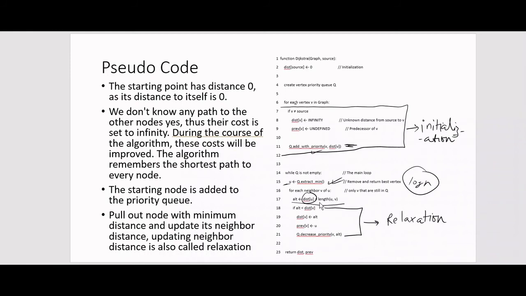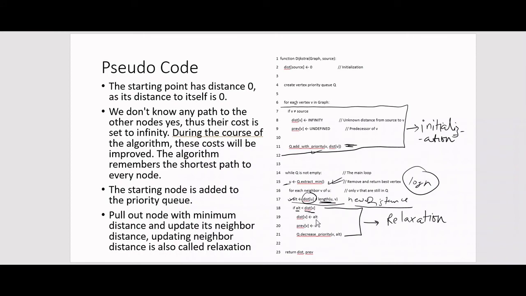And then on top of it, since I'm coming from a new vertex, I'm adding the length of the edge here, and I am saving this calculation into a new variable. Let's call it new distance rather. New distance is the alternate distance. Is it lesser than the previous distance, dist v?